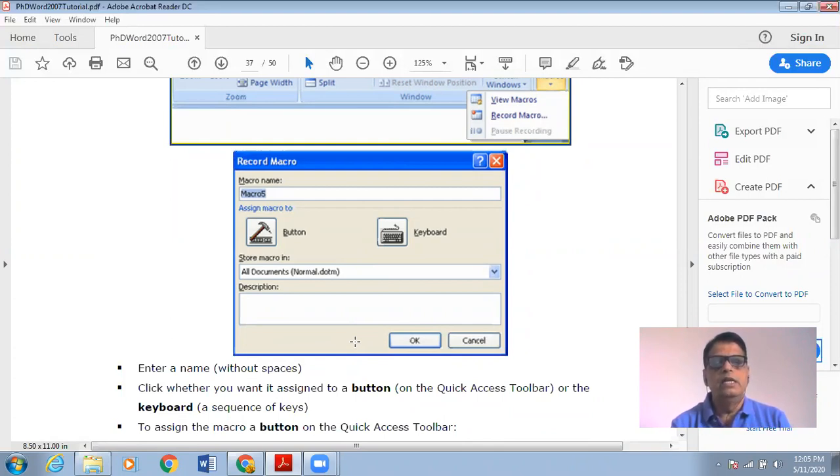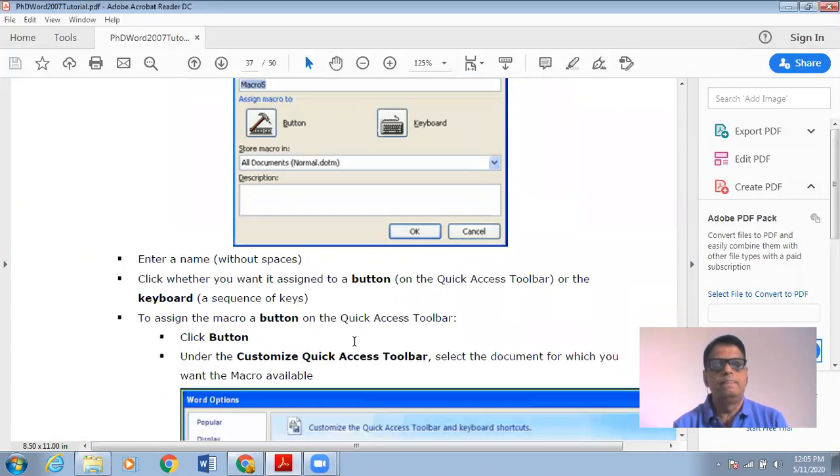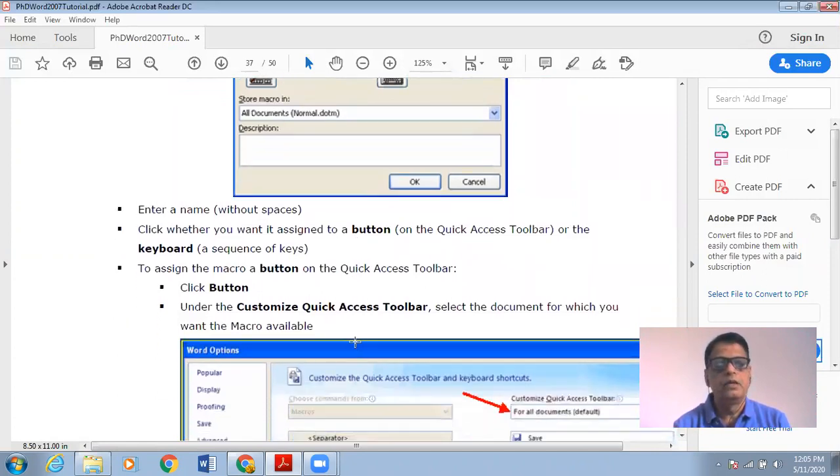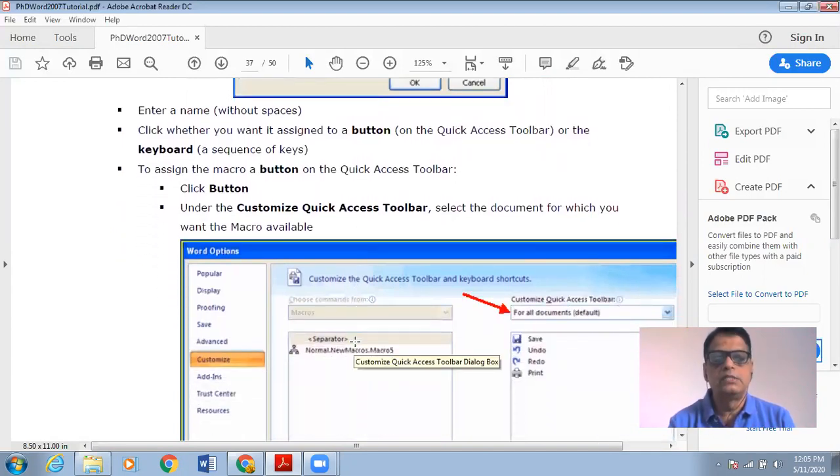If you click on the button, then a menu will appear in the Customize Quick Access Toolbar.